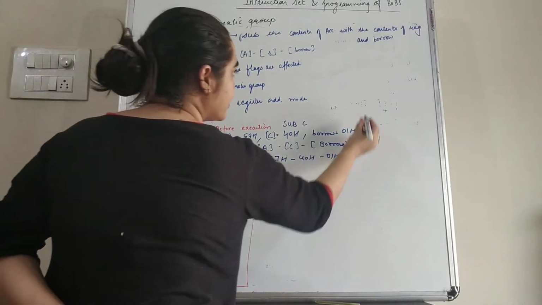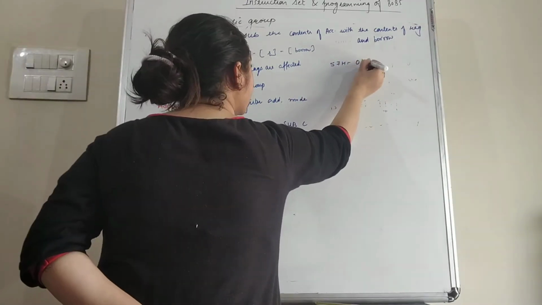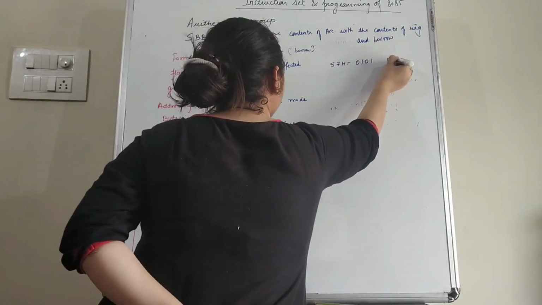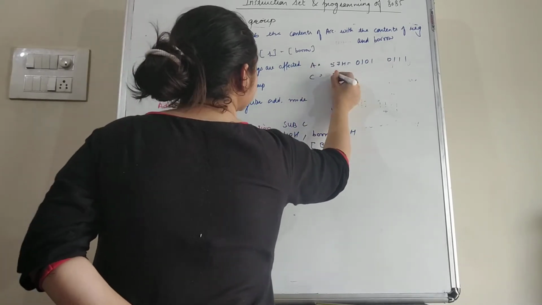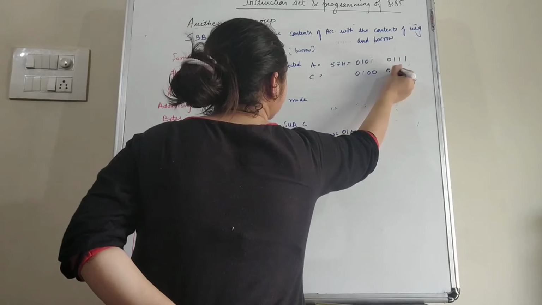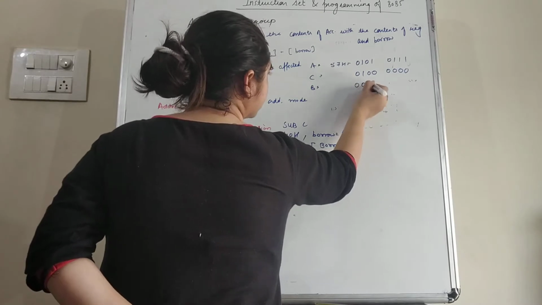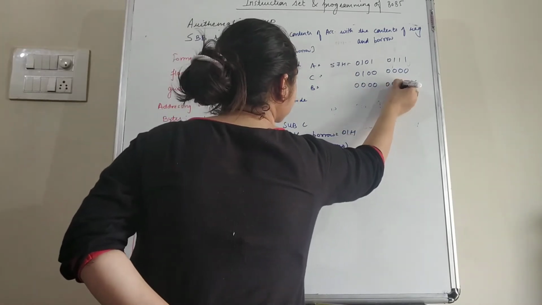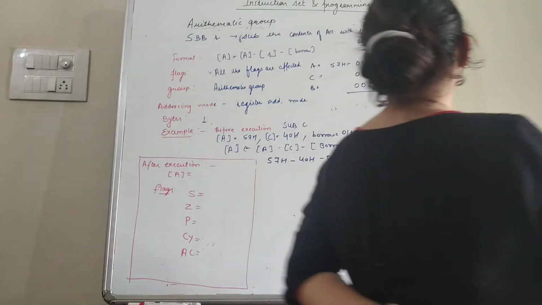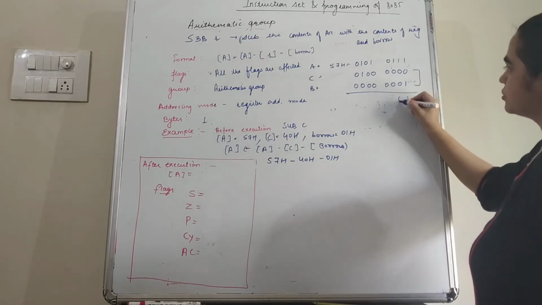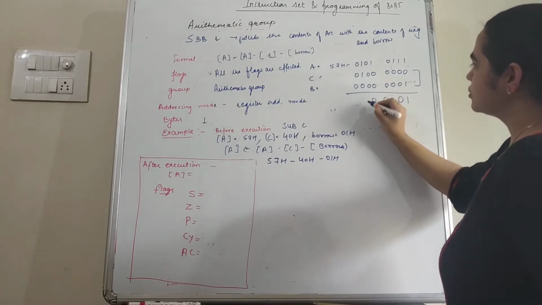Okay students, so initially we can convert 57H into binary. Binary of 57H is 0101 and 7 is 0111. After this we have 40H. So 40H is 0100 and 0 is 0000. Next is the borrow. So borrow we have 01, so 0000 and 1, binary of 1 is 0001. So initially we can add these two numbers. How can we add these two numbers? 0 and 1 is 1. 0 and 0 is 0, 0 and 0 is 0, again 0.